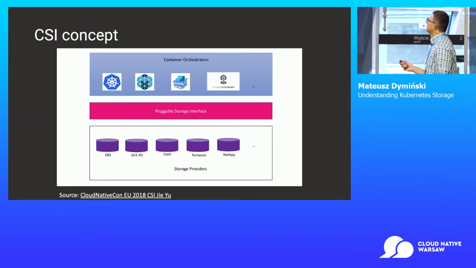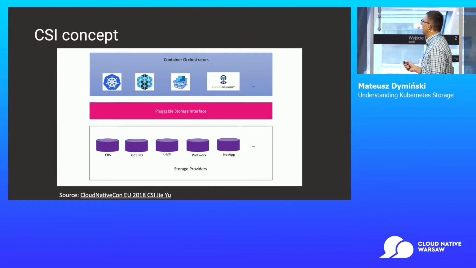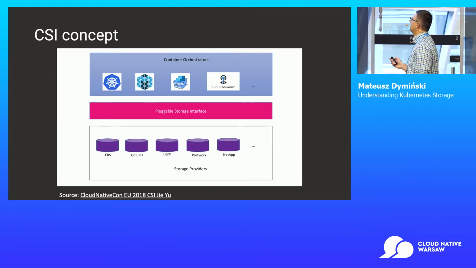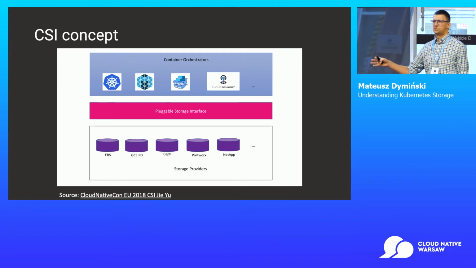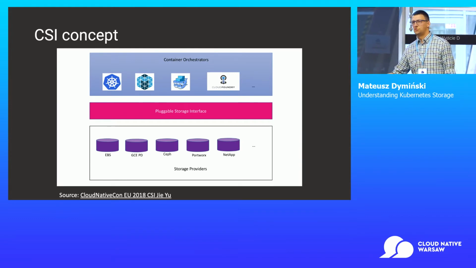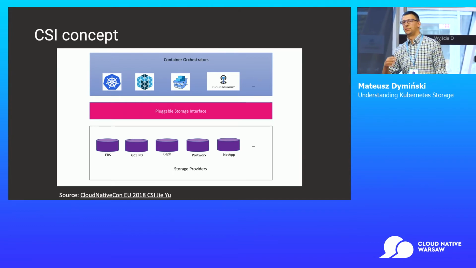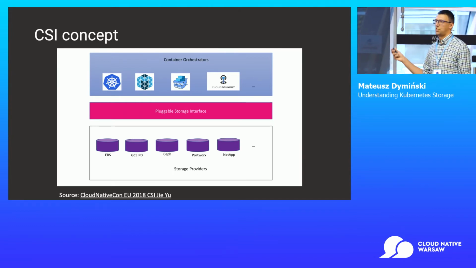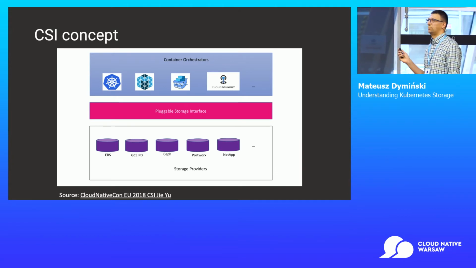Okay, so the concept is that this storage interface is pluggable, and now we can have storage providers. All in all, they are now moving all that stuff from the Kubernetes source code to external repositories, and all the cloud providers are doing implementations of this CSI. Okay, so they are moving and implementing that, and now I guess the approach is that they are going